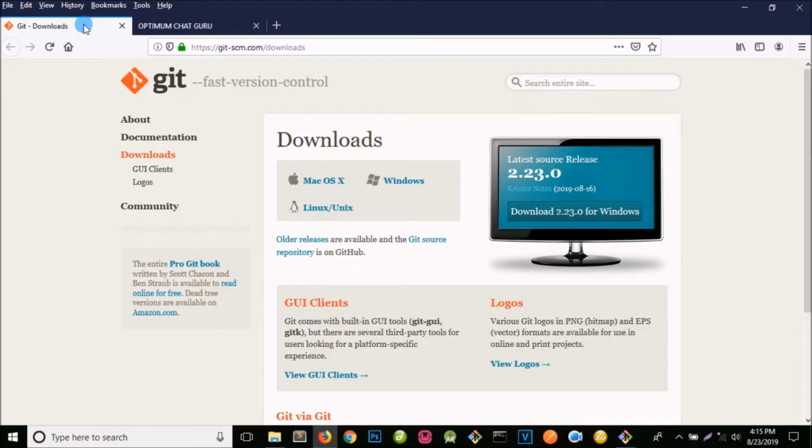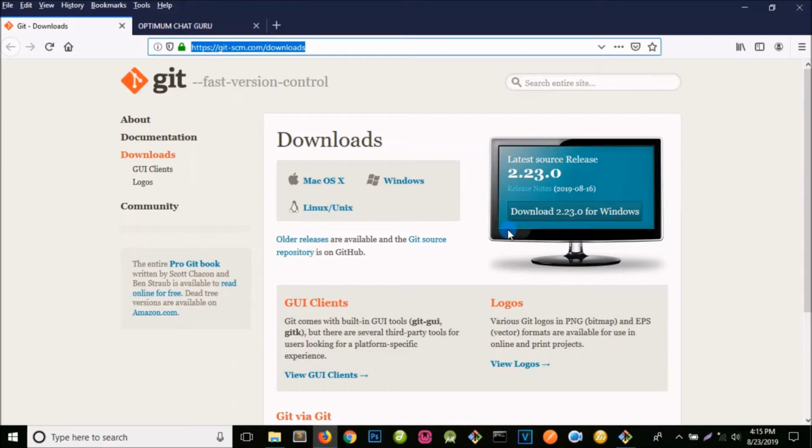Okay, so first thing is you have to go to this URL, http://git-xcm.com/download. Okay, so if you have typed the correct link on the address bar here, you should see a page like this. What you need to do is download Git, of course, so that you can be able to run your terminal. A terminal is just an environment where you can perform a series of